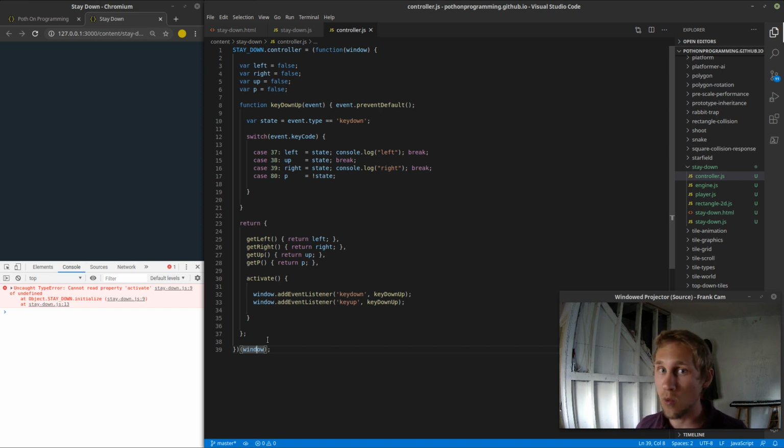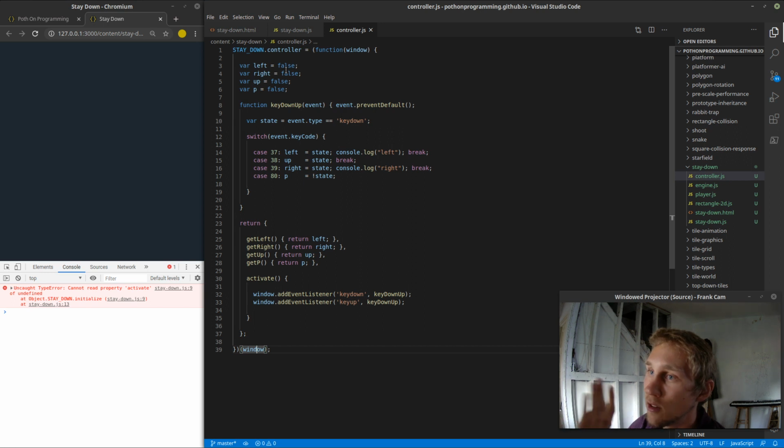You should definitely do your own research and figure out what's best for your application. I'm going to look into it more, and maybe I'll change this in the future, but for now I'm just going to go with passing window in as a parameter. So this is really cool because we have our private stuff, we have our public stuff, and just like that we converted this file over, and now it's no longer in the global scope, it's inside of our stay down global object. So we only have one global object,